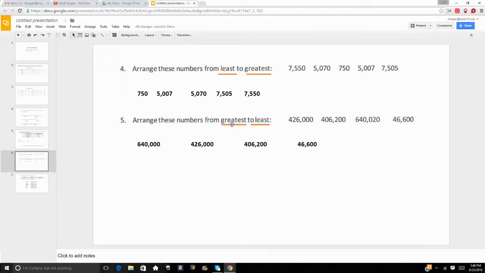And now these numbers, we're going from greatest to least. And we have 6 digits, 6 digits, 6 digits, 5 digits. So we know this is the smallest. So I actually wrote this one first because I know that that's the smallest and get that out of the way. Now we have 400,000, 400,000, 600,000. Well, 600,000 is larger than 400,000, so that is the largest. So now we know the least and the largest. We just have to fill in the 2. And we have 400,000, 400,000, 20,000, so this is the next largest. And then finally,